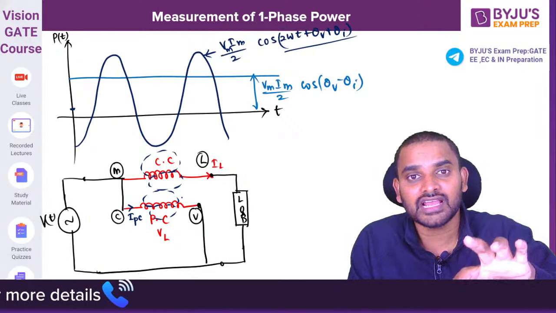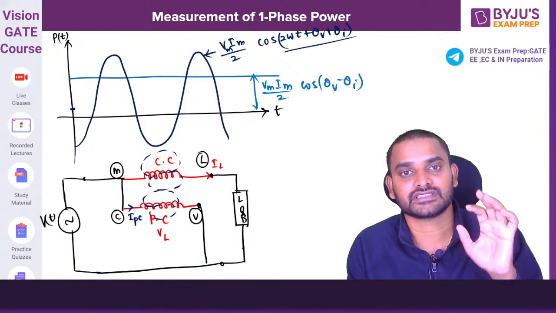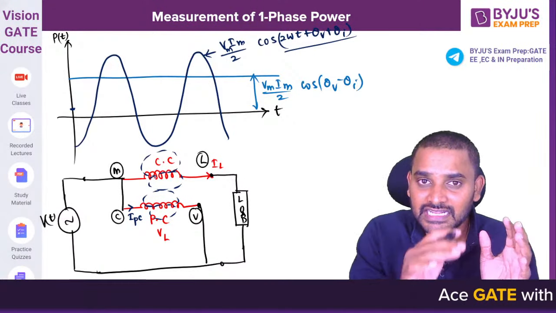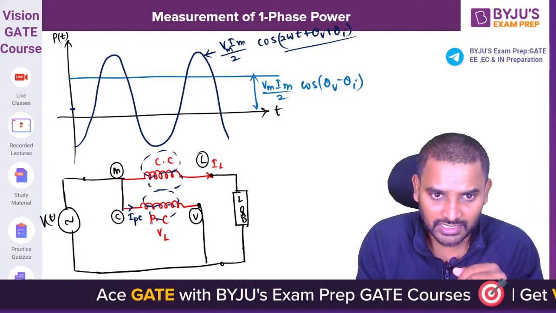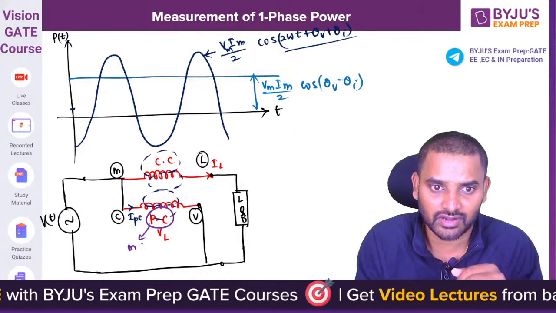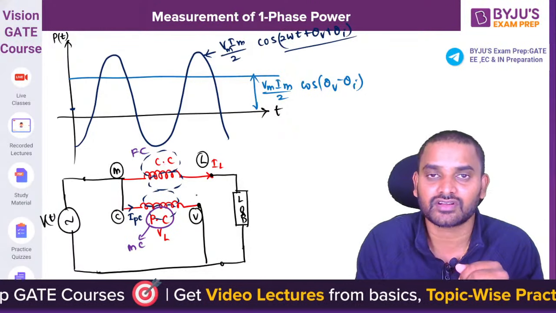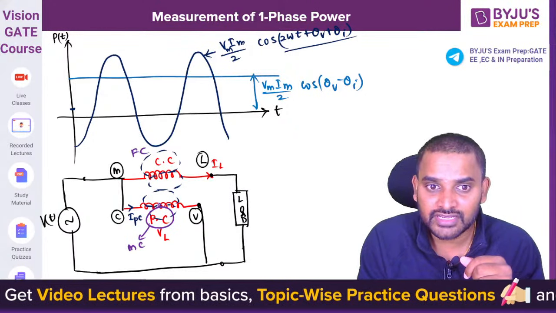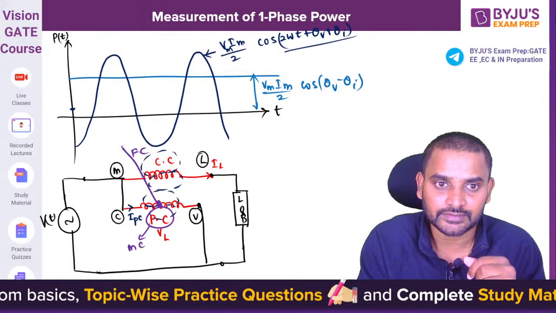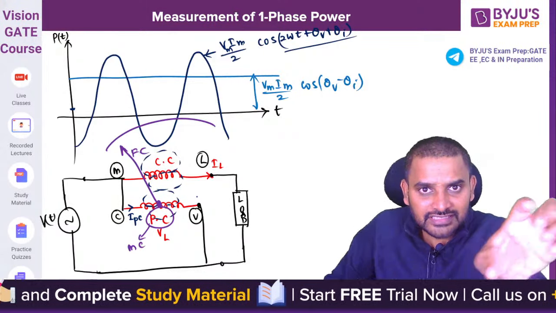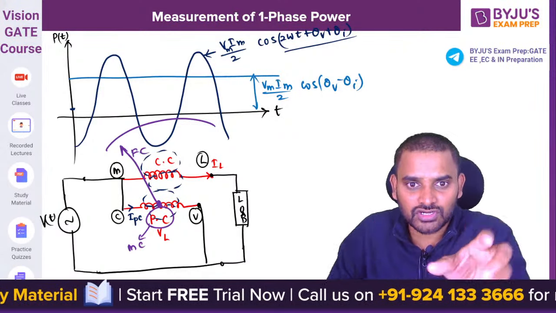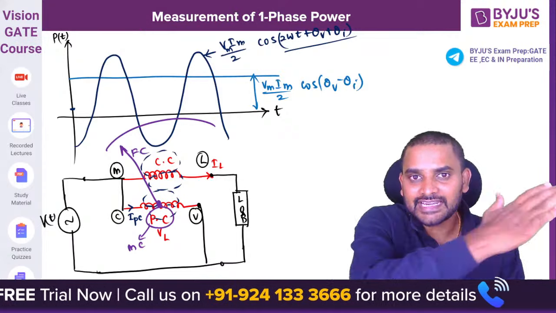Out of these two coils, which coil is a moving system is a question. Generally we place the current coil as a fixed system and the pressure coil as a moving system. This is a moving coil and this is the fixed coil. So on the moving coil we will be having a pointer like this. Okay, now whenever this kind of power component is drawn by the load, we will be getting a deflection due